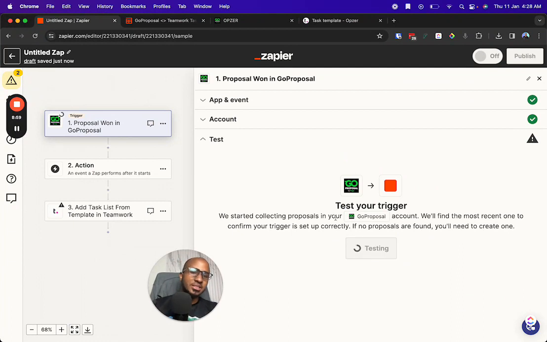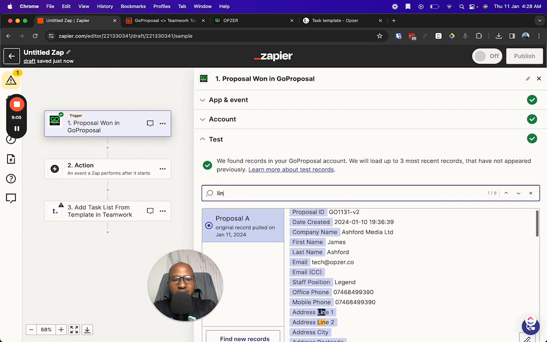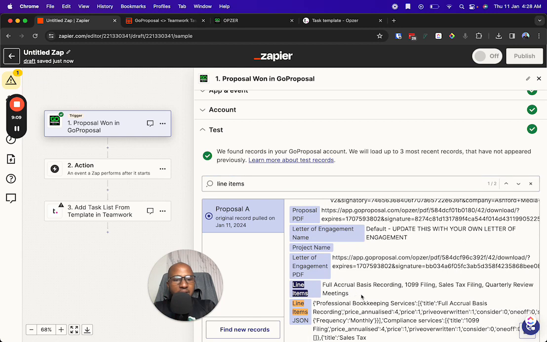Now, let's test this trigger. I already have a proposal that I kind of won, but I believe this particular one doesn't really have, well, it has some of the versions I want. You know what? Let's work with it. I'll just test with this one, but we'll test live at the end of this video. Now that I have the proposal,